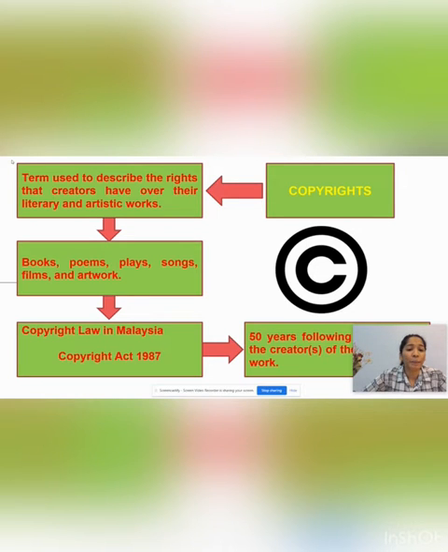There are many types of content that can be protected by copyright. Examples include books, film, plays, songs, and artwork. In current modern times, copyright protection has been extended to websites and other online content. The duration for which a copyright is valid differs depending on the law of the country in